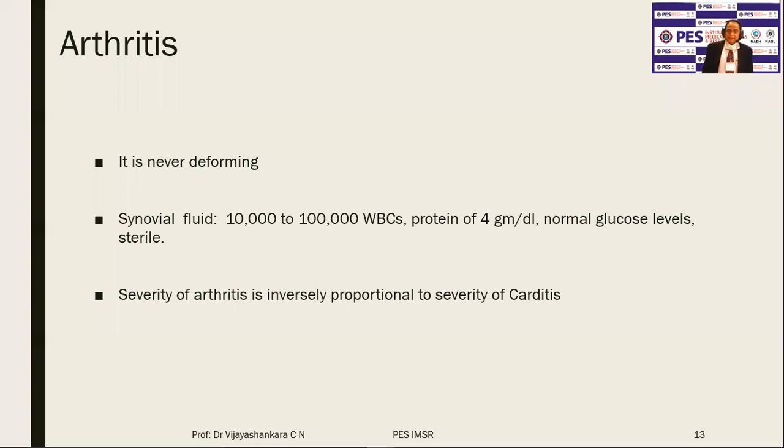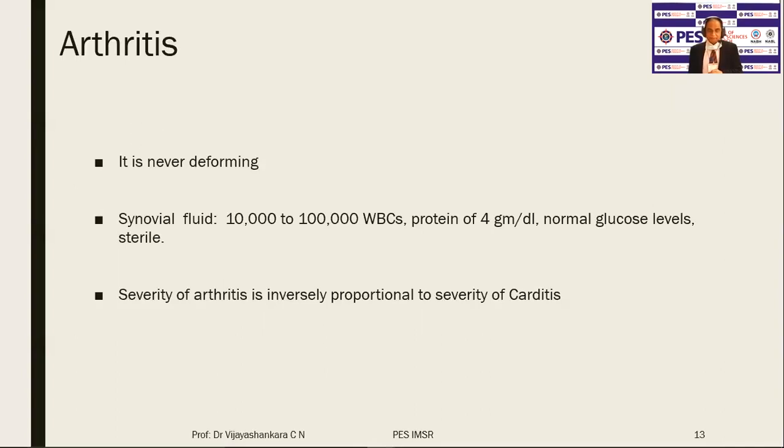And the arthritis of rheumatic fever is never deforming, unlike in juvenile rheumatoid arthritis or other causes of arthritis. Usually you can see some deformation of the joints, but in rheumatic fever, you never see it. The classical description is that acute rheumatic fever licks the joint, bites the heart. That means that it licks the joint and produces transient clinical manifestation of arthritis, whereas when it bites the cardiac tissue, there are long-term